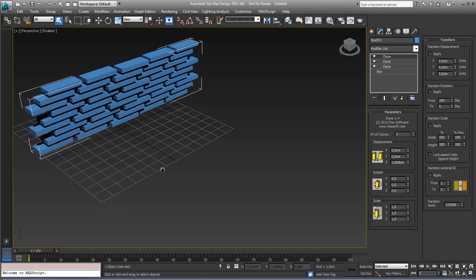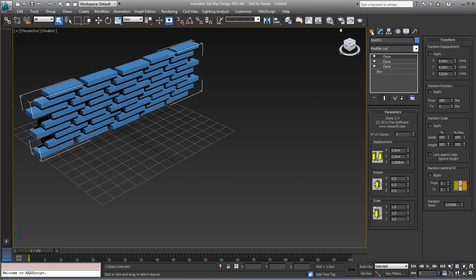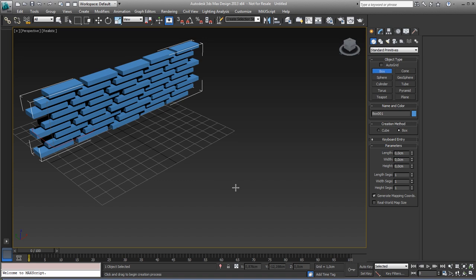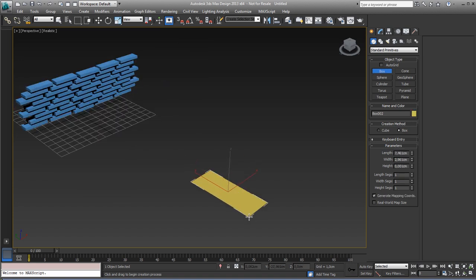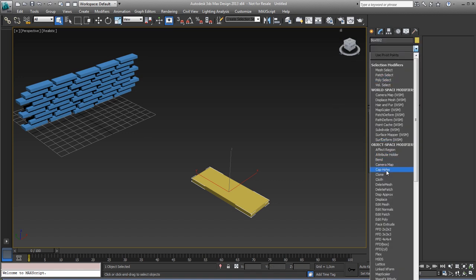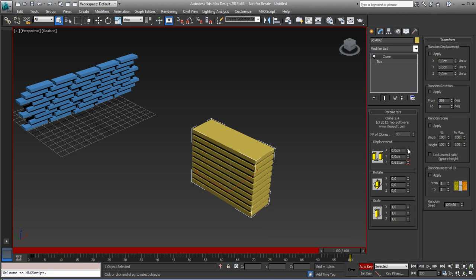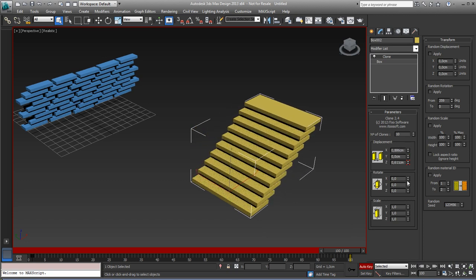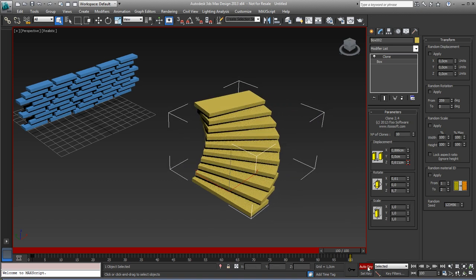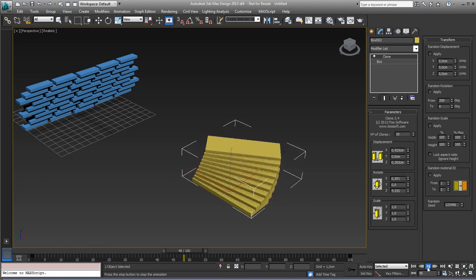So that's one part which makes it more flexible than the array tool. The other thing is, let's do some kind of chair or stairs. So here, this is one of the stair parts. Use the clone. Let's say we need 10 of these, and you can animate it actually. So if we just put it in auto key, you can say, okay, we've got 10, it needs to go up, it needs to go that way, and it needs to rotate a little bit like this and a little bit like this. So what you've now done is you've created an animation, of course, because we use the auto key,